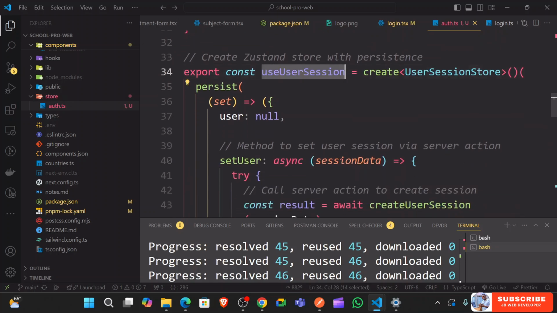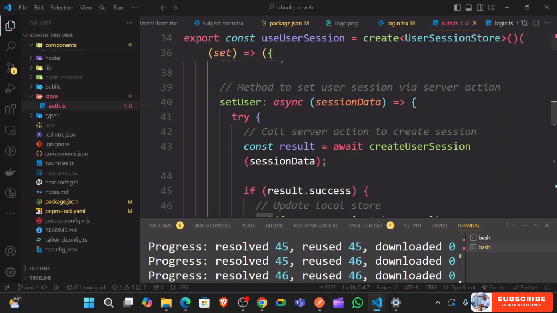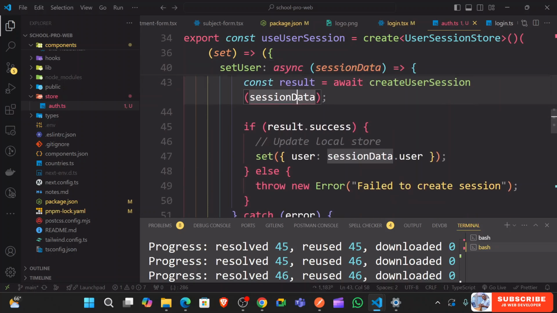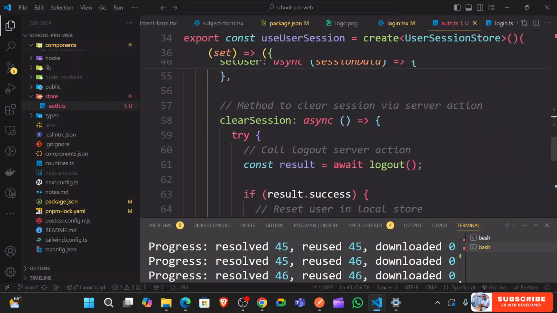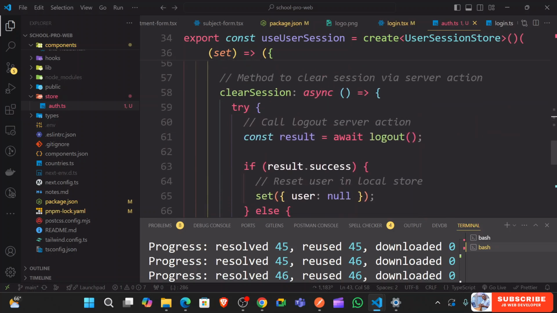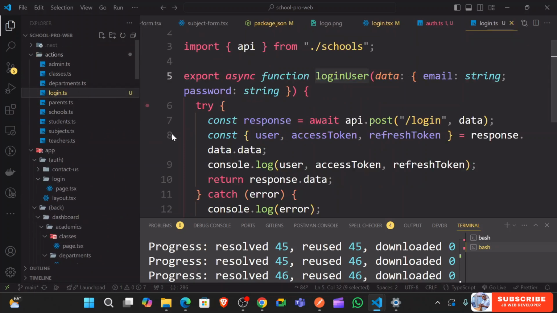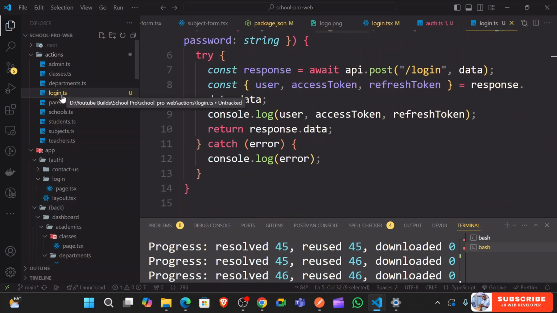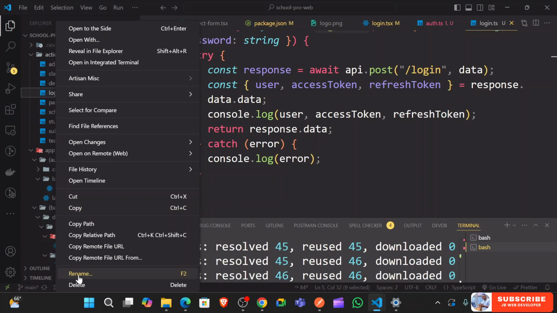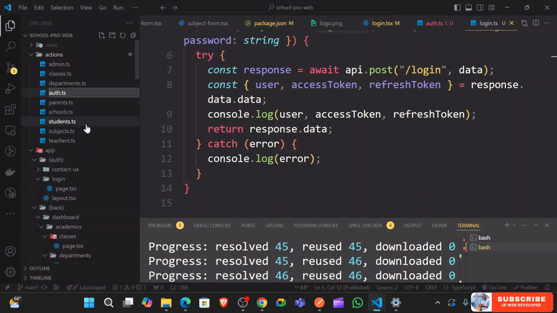So in the use session here we set the user, access the session data and create user with this, and then we result into that. Then clear session. Okay, so the clear session is we call the logout server action, so we need to create these inside. I think they should be under maybe login. Why didn't we just call this from auth? Just going to call this auth,